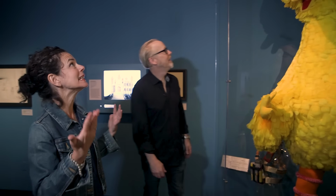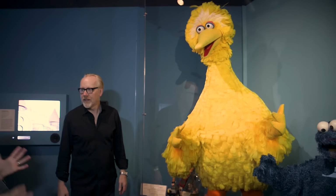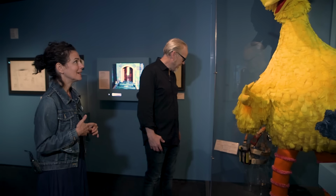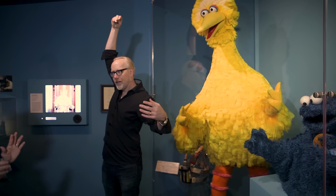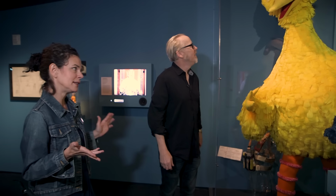Are our ceilings high enough? This was sort of the only space in the gallery that we had that could really accommodate Big Bird. And this is Carol Spinney, right, with the right hand here and the left hand here. Exactly. The performance that he did really up until, he really only just retired and he's in his 80s,